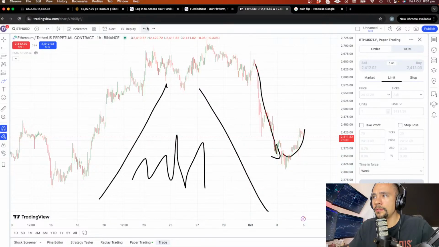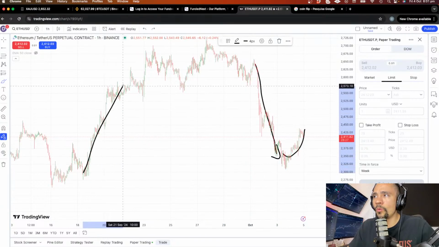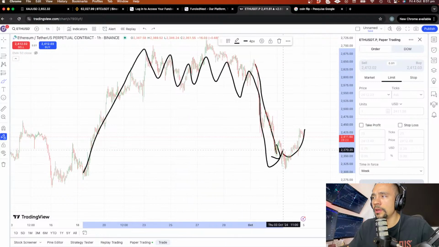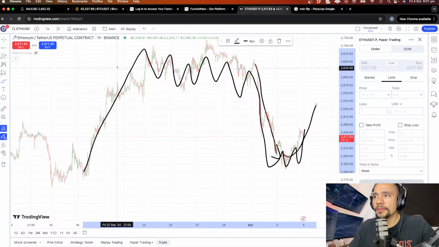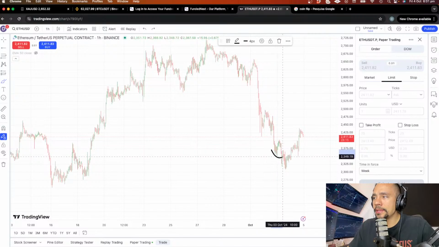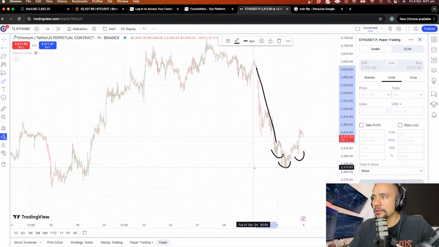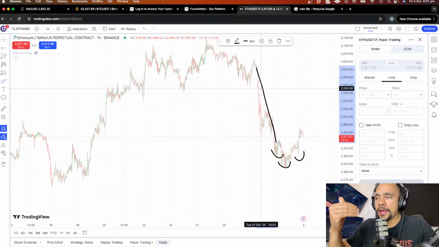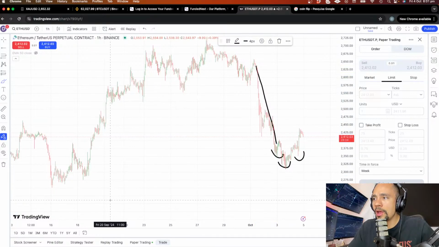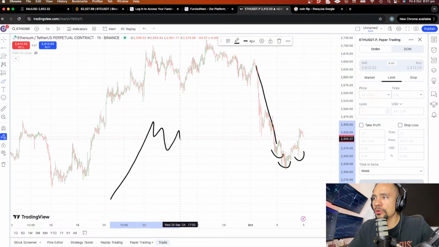In waves. As you can see here, we had that wave up, and then we have wave sideways, and then we have the wave down, and then we have sideways, wave up. The market moves in waves. So when you see a head and shoulder after a move like this, it adds to the chances that this head and shoulder is going to work. When you have a move up and then you see a head and shoulder like this, yes, it's still okay, but you don't have the mean reversion on your side.